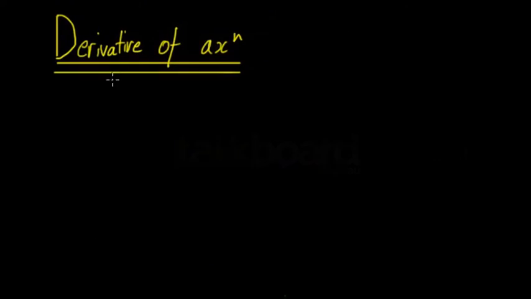In this video, we're going to be looking at the derivative of ax^n. So we're going to look at how you can calculate the derivative quite quickly without using first principles. So this is when you have questions such as f(x) = ax^n. So n is a certain number, so you have x to the power of something, then you can have a